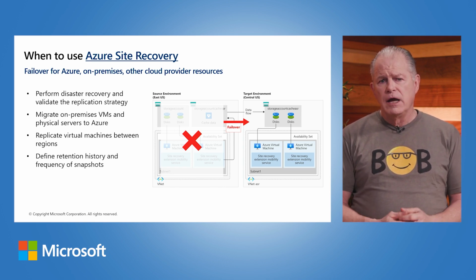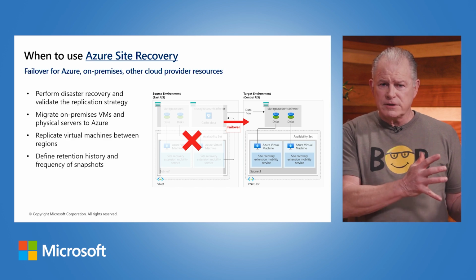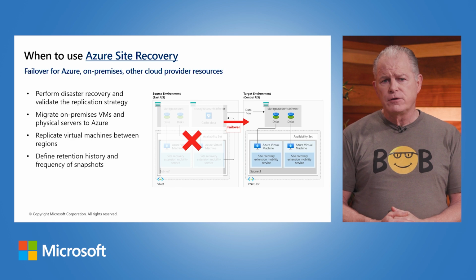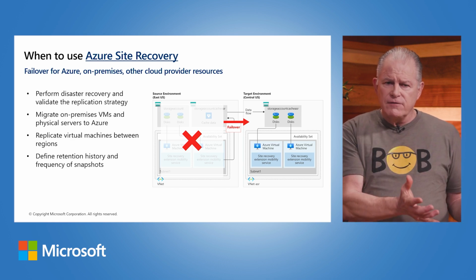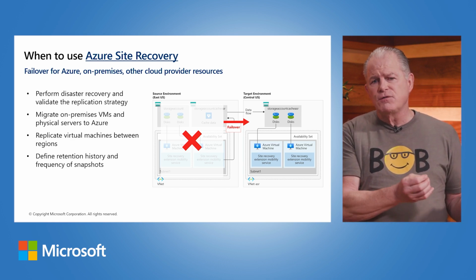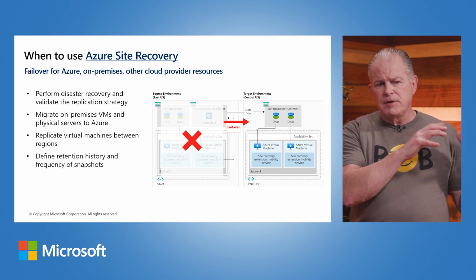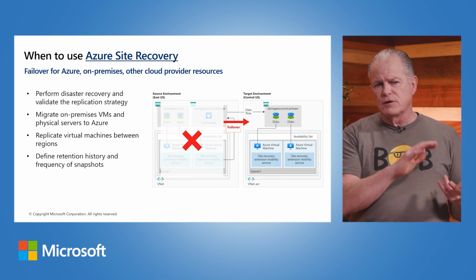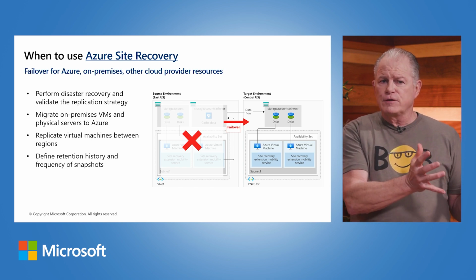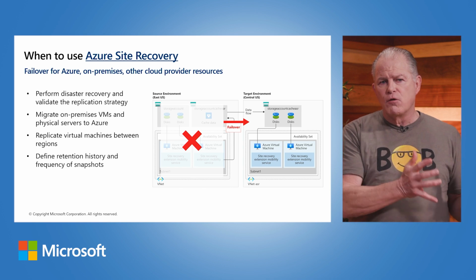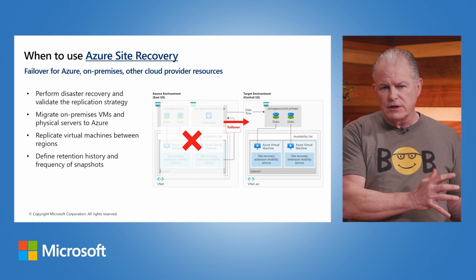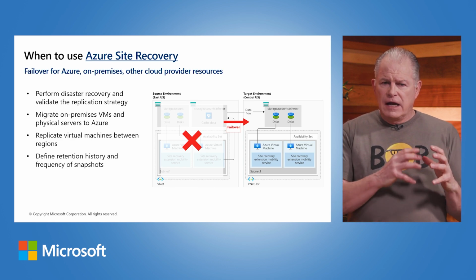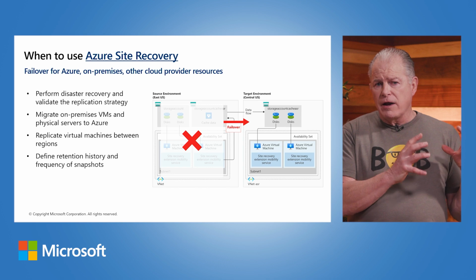So ASR is a way to take usually an on-premises model, or you can even use it from Azure to Azure if you needed to take a whole set of infrastructure and not just individual components. You could define maybe a whole set of servers, whether they be mail servers and SQL servers, or front-end servers and app servers. You can take that infrastructure and, as a totality, replicate that information from one location to another. And in the case of disaster recovery, it allows you to then have automatic switching.